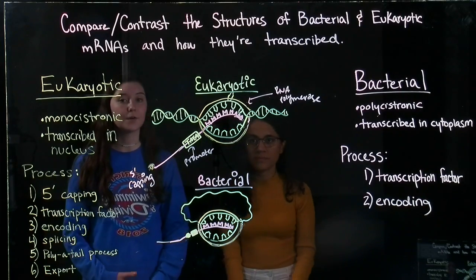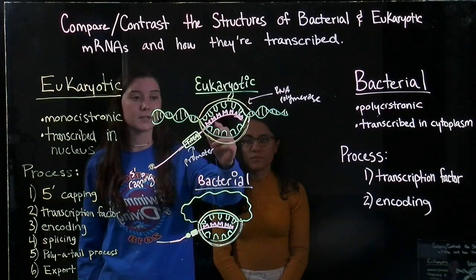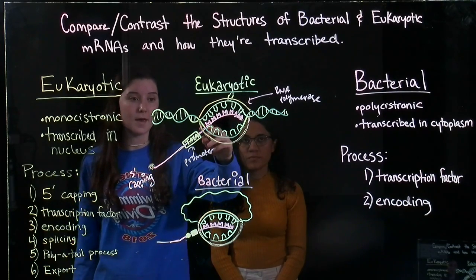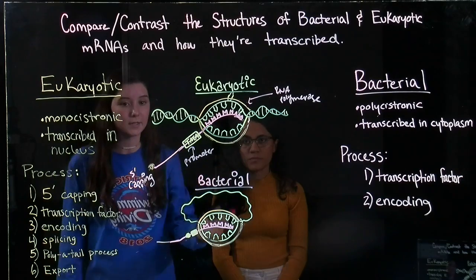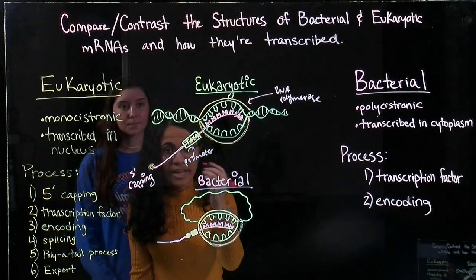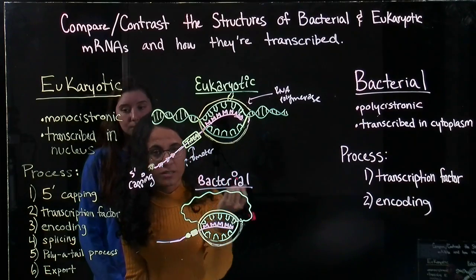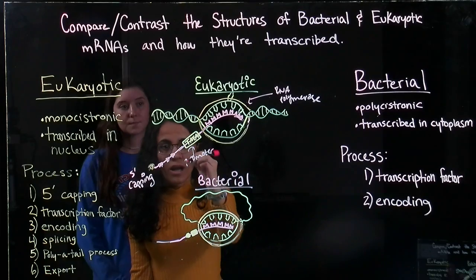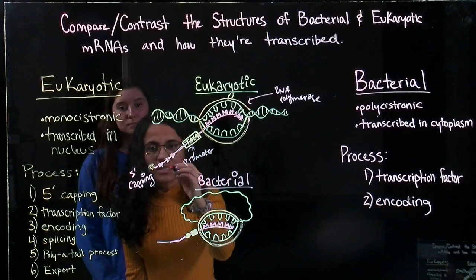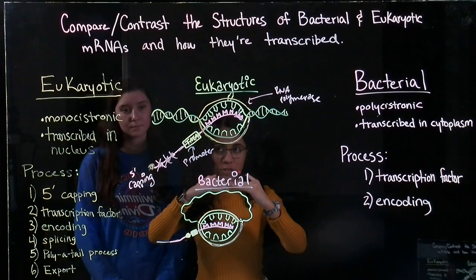Next is the encoding process. You can see here that basically the nucleotide bases are matched to their respective counterparts on the mRNA strand to the ones on the DNA strand. After it's done being encoded, the mRNA strand actually has a lot of introns, which are the non-coding excess regions of the mRNA strand. And what RNA splicing does is that it removes these introns and stitches the exons together, which are the coding